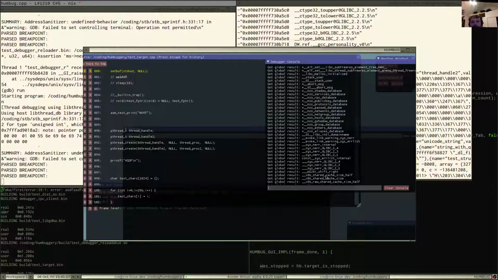Right? So maybe we should just set some hard limits there. But the other thing is, I think we kind of need to sit down and figure out exactly what we want to do with memory.